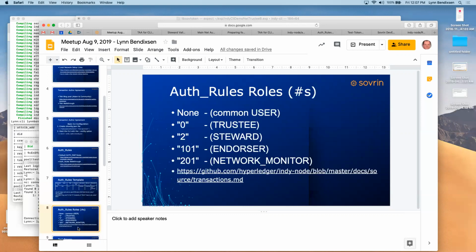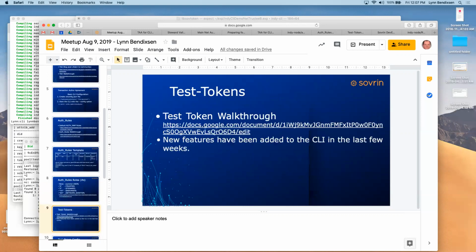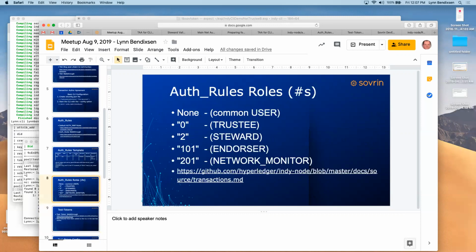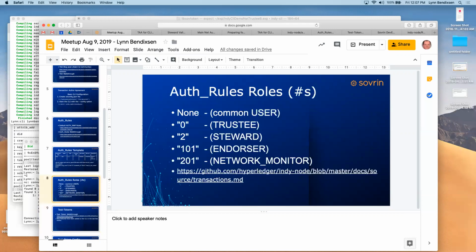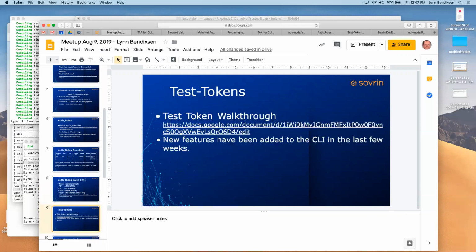I think that's all that I had as far as slides for Auth Rules. So to recap just a little bit, the reason for setting up Auth Rules on your test network that you're testing things out on is so that it matches what we're doing on our stuff, and you're accustomed to it and know about it.